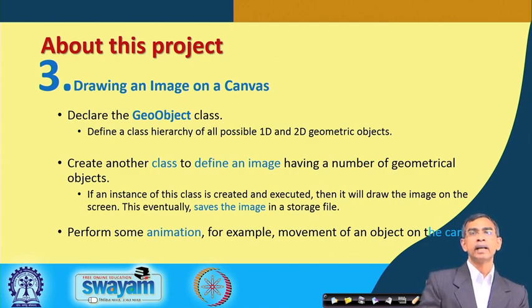And again, an image is nothing but a collection of several geometrical objects placed in their appropriate positions. This way it completes an image. So, here is an idea of how different geometrical objects can be defined, so that you can use them to draw an image of your own. For this, our plan is to create a class called the GeoObject class. We will discuss the class structures in detail when we discuss how to solve this problem and deal with this project.